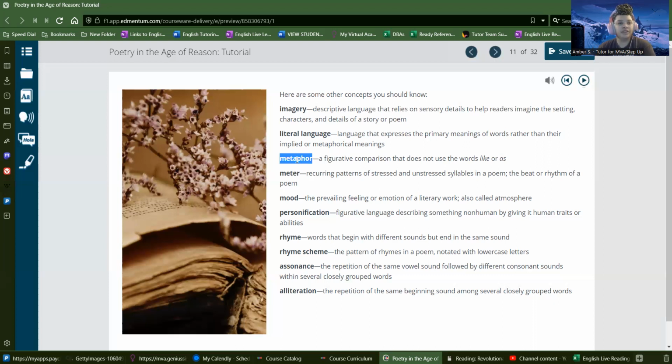Now, this next word here is a metaphor. So a metaphor is a figurative comparison that does not use the words like or as. So basically, if you're comparing anything in your language, or describing that something is like something else, that's a metaphor. The complicated part is that you have to do it without actually using the words like or as. So an example of this could be,